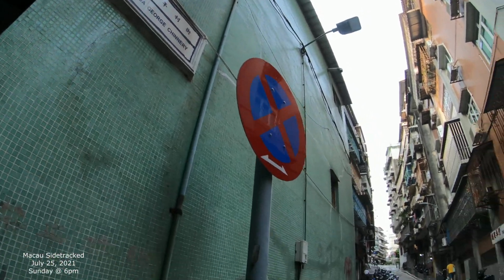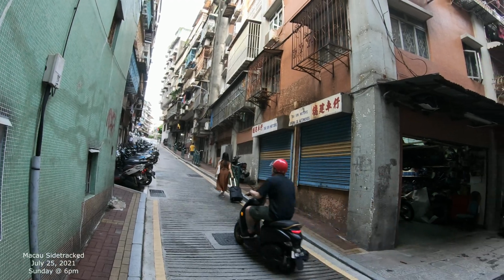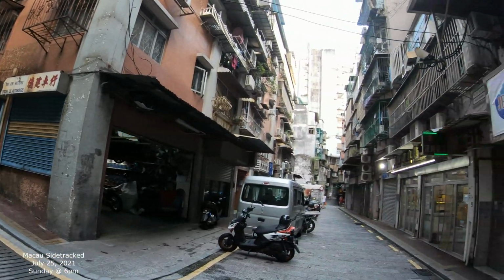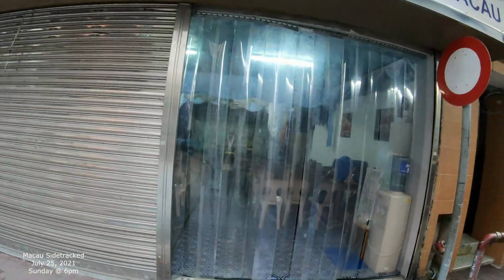George Chinnery, named after a famous watercolorist. I'll tell you all about him in a minute as well. Give you all the details. This is kind of where we're at. It's kind of, what's this? It's like a